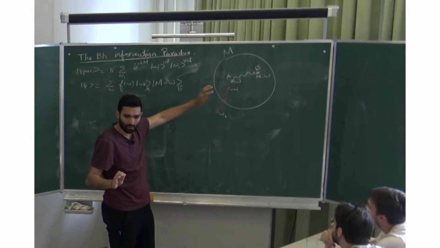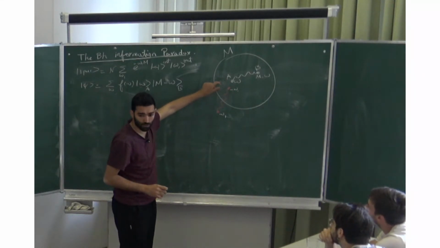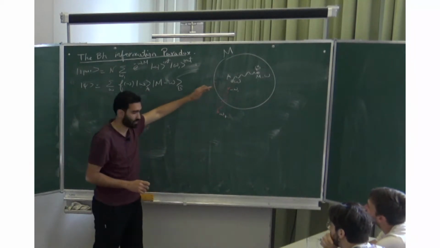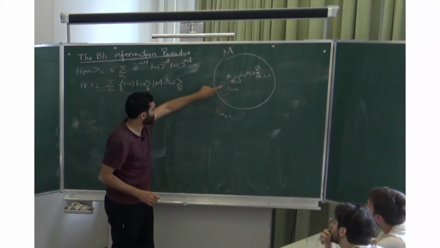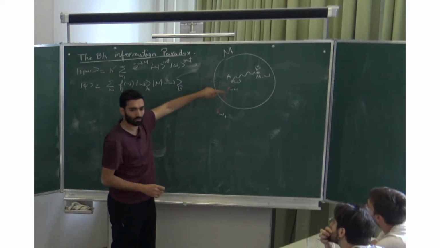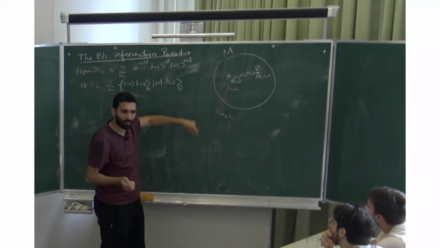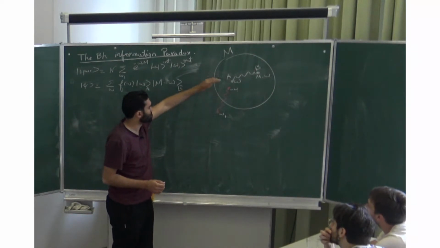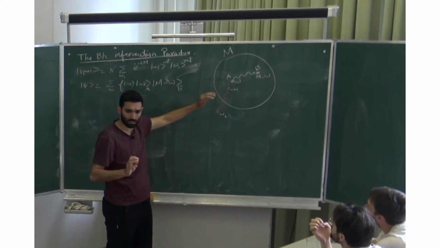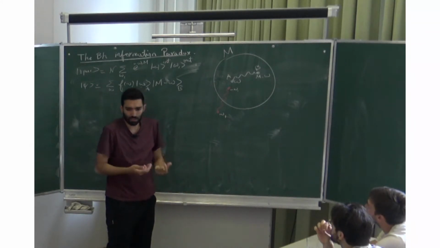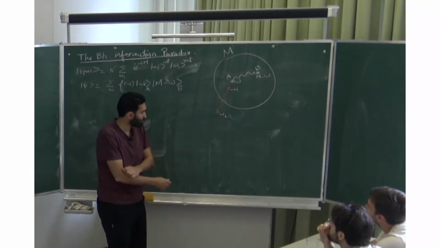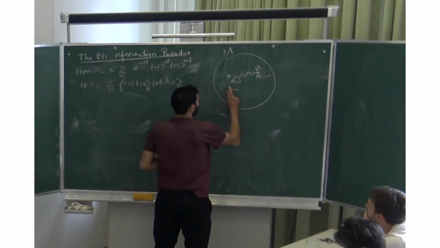Everything is still fine if there's no annihilation. If the matter is still there, the Hawking pairs are still there, then we know that the Hawking inside mode can purify the outside mode. So in that case, there's no information paradox. And the problem is when the actual evaporation happens, which means the annihilation happens.